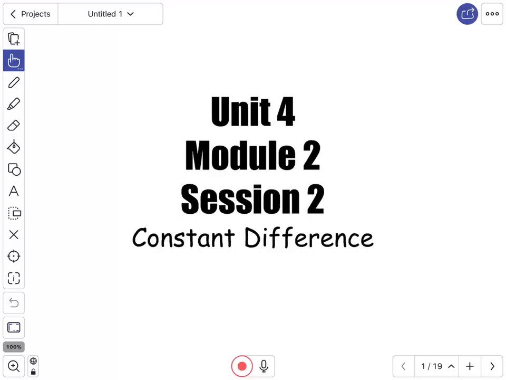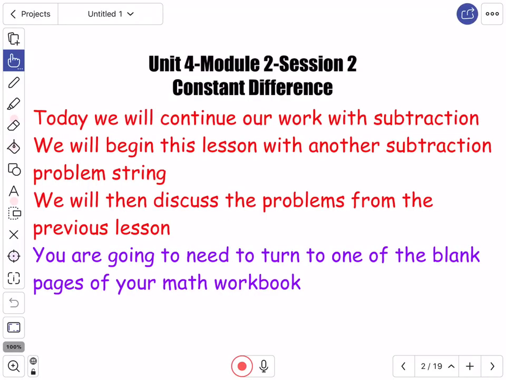Unit 4, Module 2, Session 2, which is called Constant Difference. All right, so we're going to continue our work with subtraction. We will begin this lesson with another subtraction problem string, and we will then discuss the problems from the previous